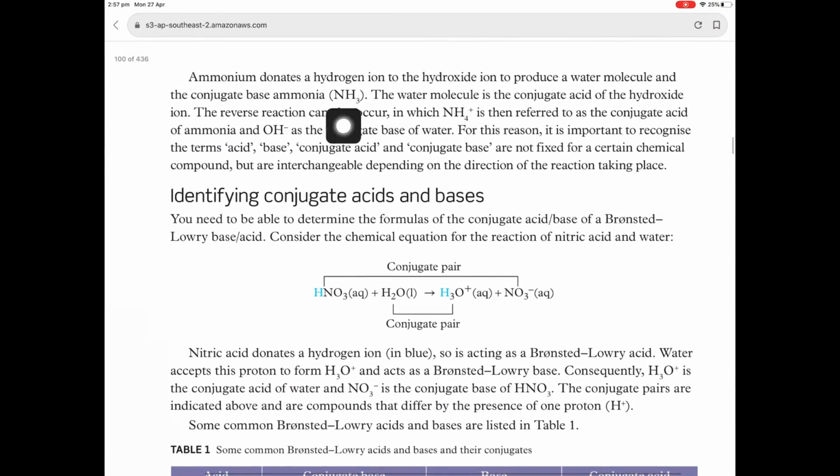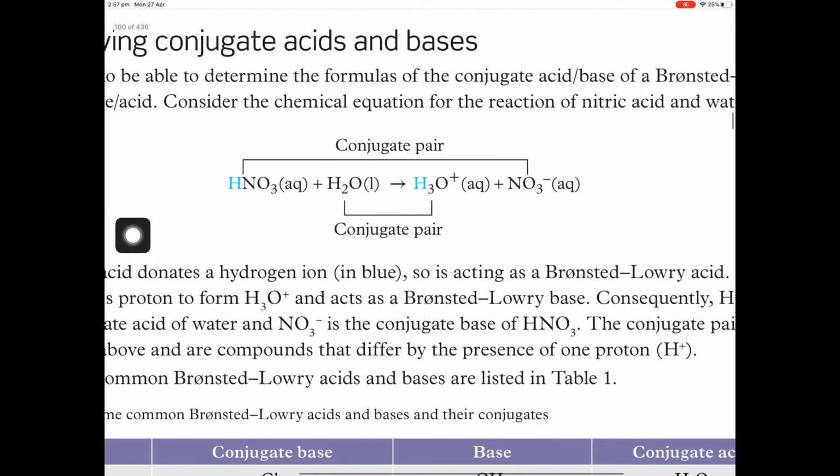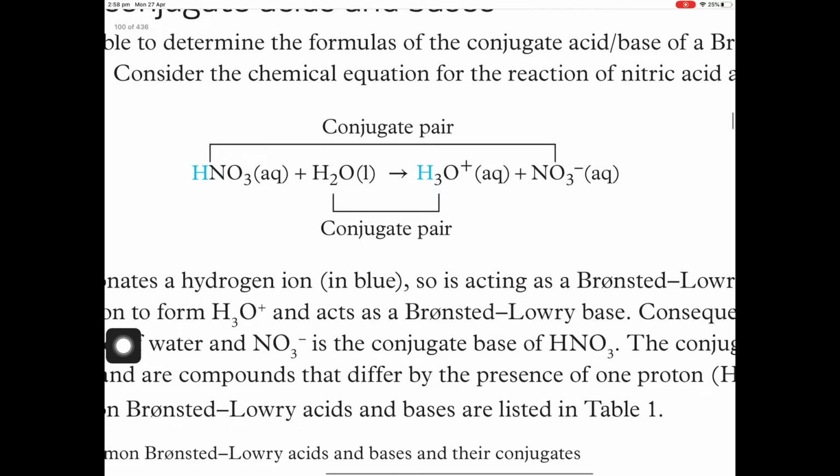So all of this here is just talking about what I just said. You can just read about that in your textbook. So how do we identify conjugate acids and bases? Let's have a look at this different example. This is not a reversible reaction. This is not an equilibrium reaction, but still, you can illustrate conjugate